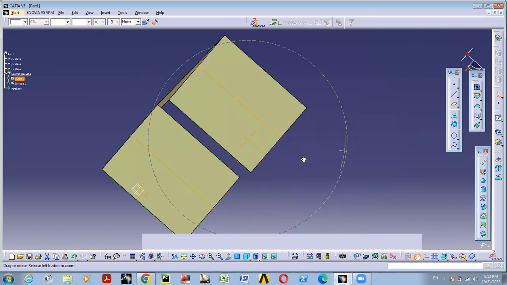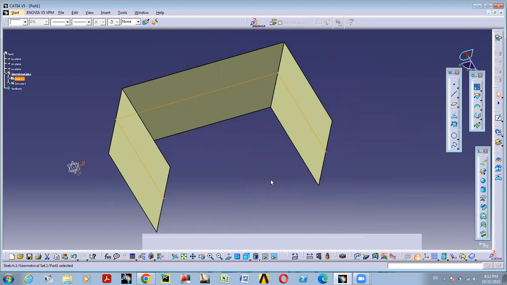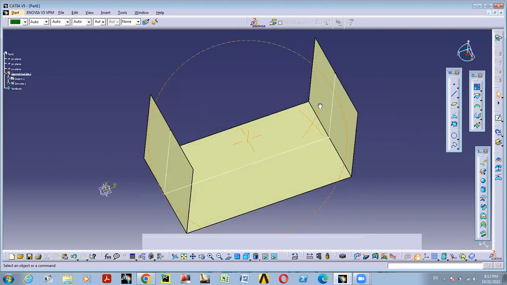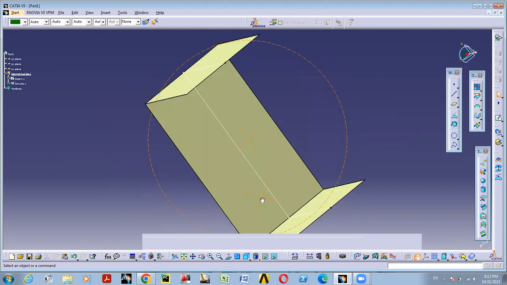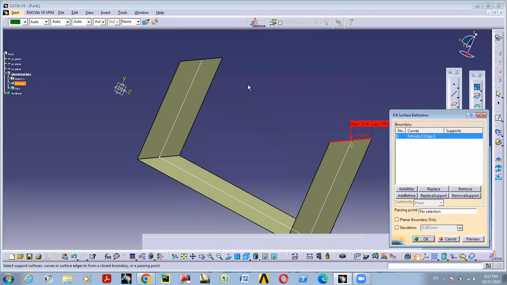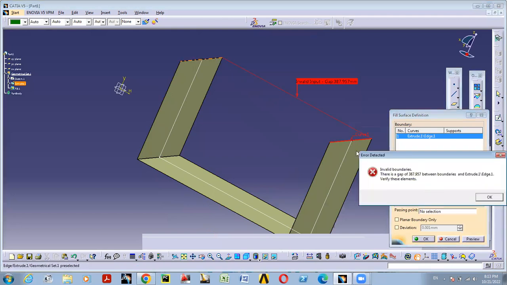Okay, so I hope you all are understanding these things. Now let's move to the other part, how you can use other elements. Suppose that we have this shape, and I want to fill these two edges. It will detect your problem, and it will say that it is not possible,